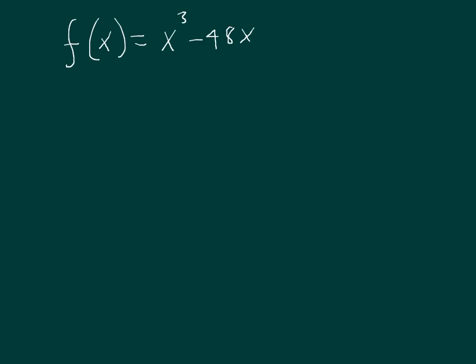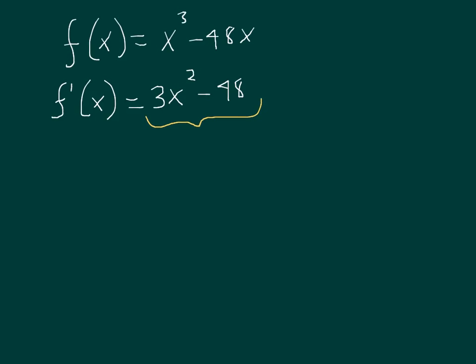So to do that, f prime equals, bring the number 3 in front of x. We have 3x, subtract 1 from the exponent 3, and we have squared, minus 48. That's f prime. Then the third step is to set this